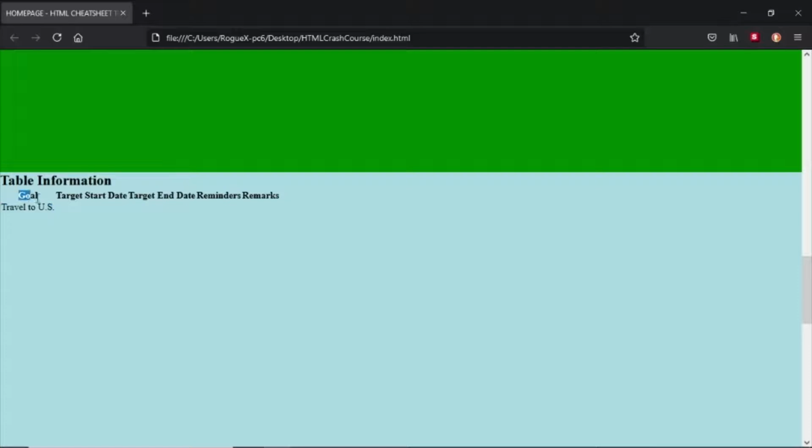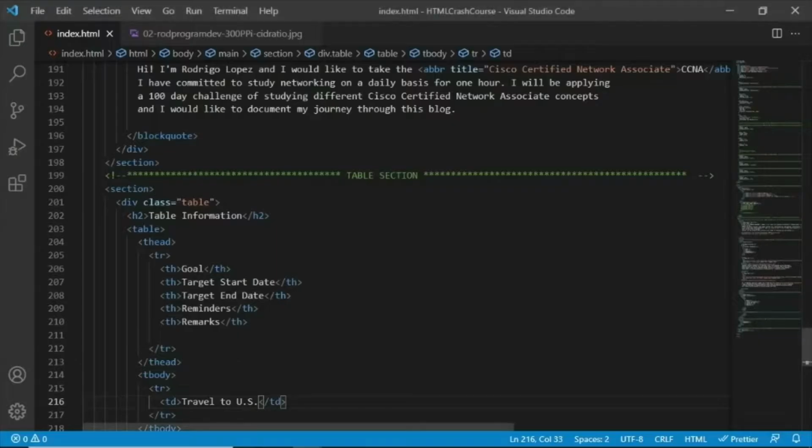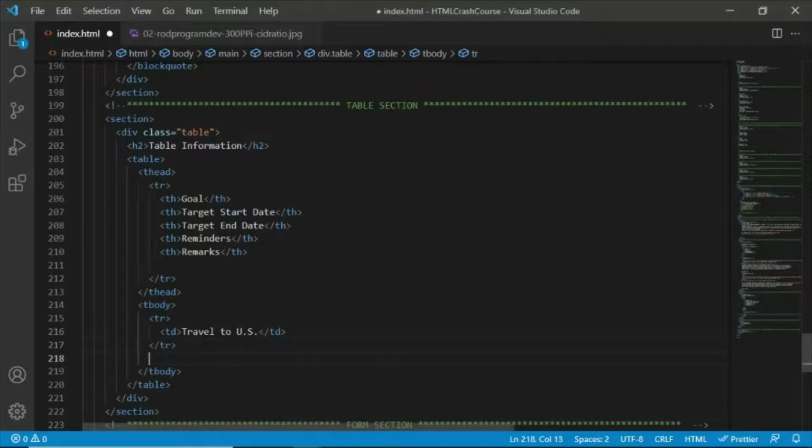But technically, we can see here now that we have created a column from the TH here, the table row TR that contains all of the TH elements here. And now we have here the second row that contained the TR, that contained the table data cell or TD content. Now, if we go back to our code editor here, and we create more table rows here,